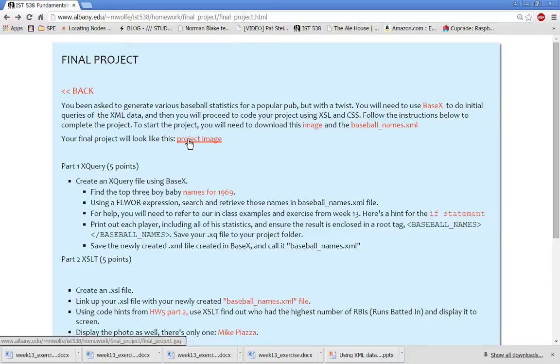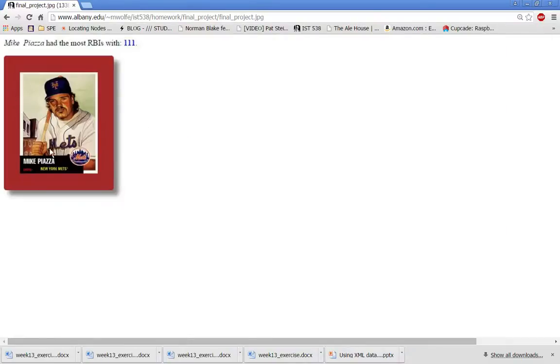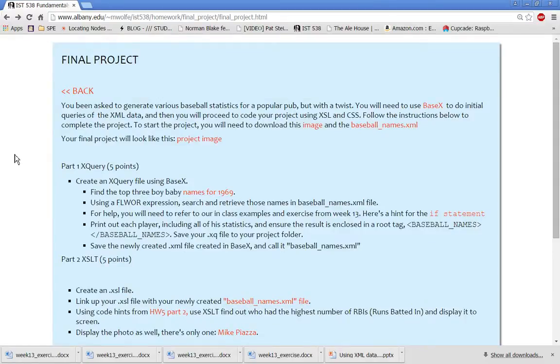This is what your final project's going to look like. This is just an image, but you're going to print out some names. You're going to get some dynamically generated values here. You're going to have an image that you're going to do some styling to. You can see a drop shadow and some rounded corners and colors and that sort of thing. So I guess kind of petite looking here. We just have one man's photo, a baseball card photo and some data, but you're going to go through a few other processes to get to that final project